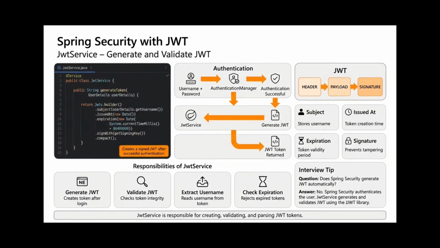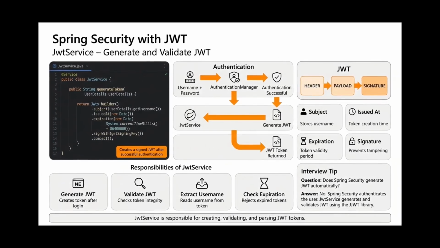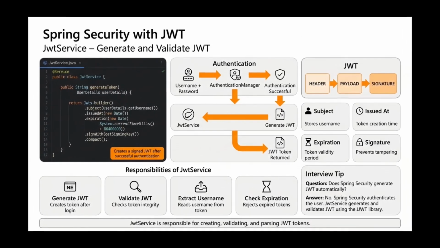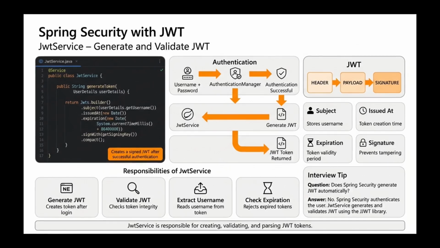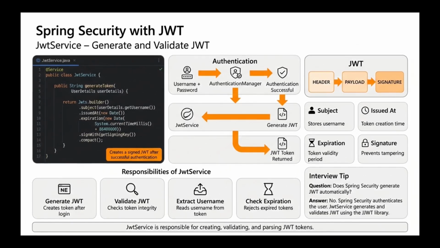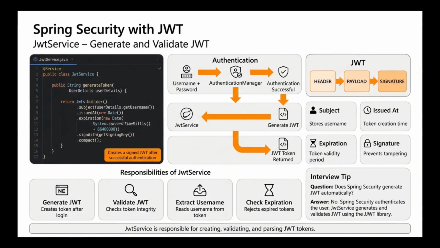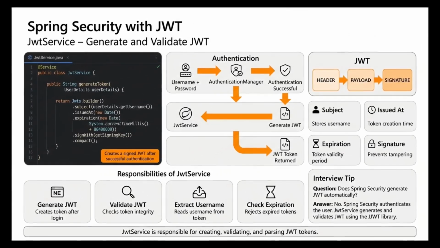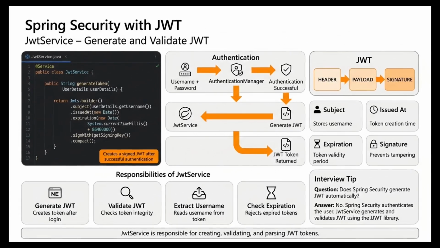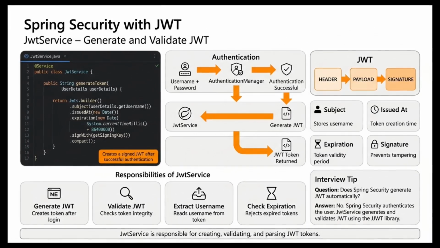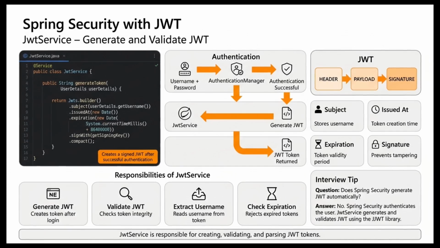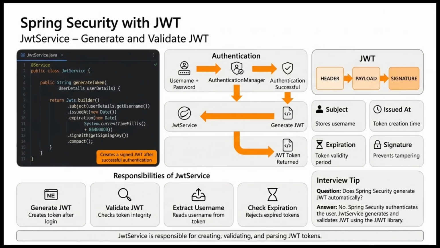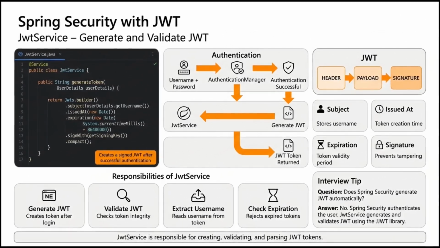After the user's credentials are successfully verified, the next step is to generate a JWT token. This responsibility belongs to the JWT service class. It creates a secure token containing information such as the username, issue time, expiration time, and a digital signature. The generated JWT is then returned to the client. For every future request, the client sends this token in the authorization header instead of sending the username and password again. JWT service is also responsible for validating the token, checking whether it has expired, and extracting the user information